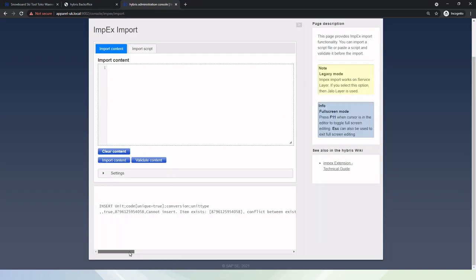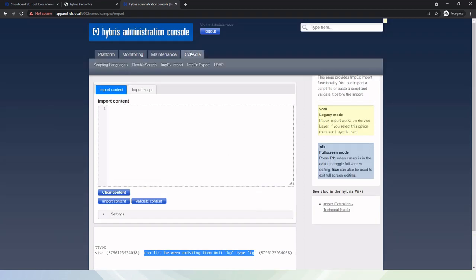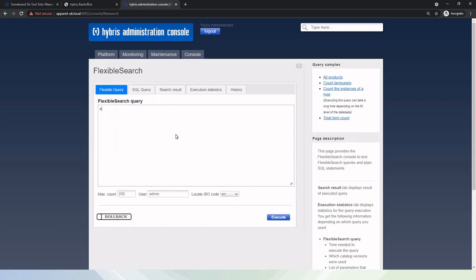Here you can see that it gives the error: cannot insert item because it exists. Conflict between existing item unit kg type kg. Let's go to flexible search and see what is present in the unit item type.